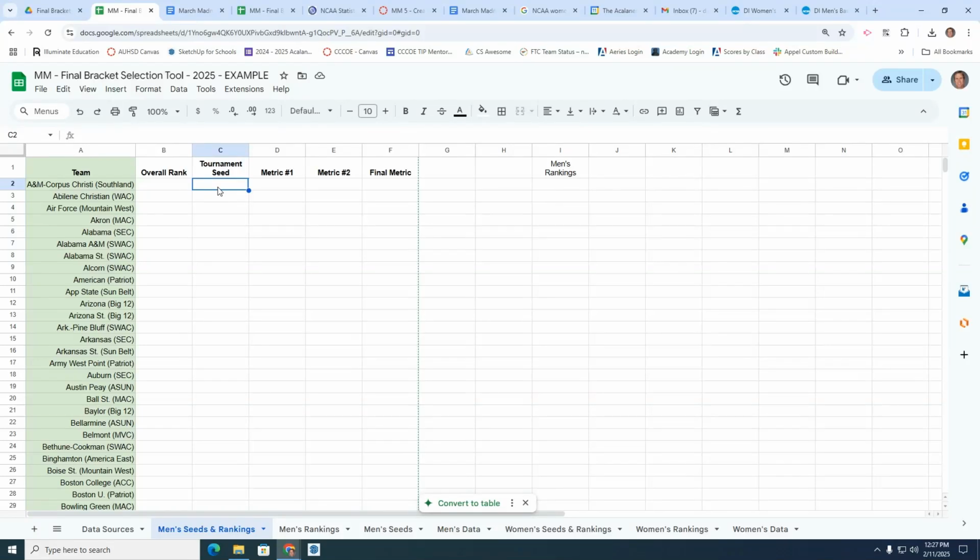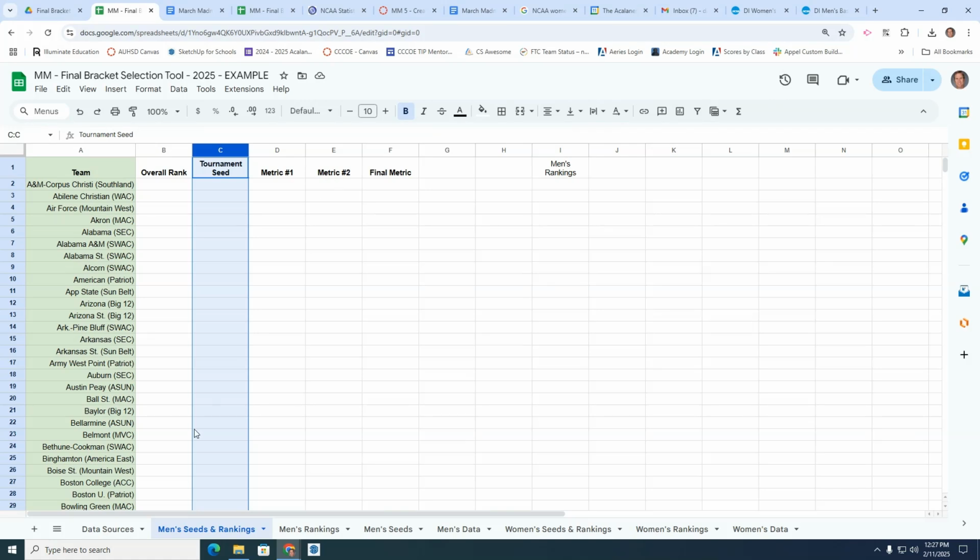It's time to put it all together. You're going to need to get the overall rank and the tournament seed. Those are metrics that combine all sorts of different information, so they're really important to have in our analysis. Unfortunately, we don't know what they are until the tournament bracket is released, so you need to do some data